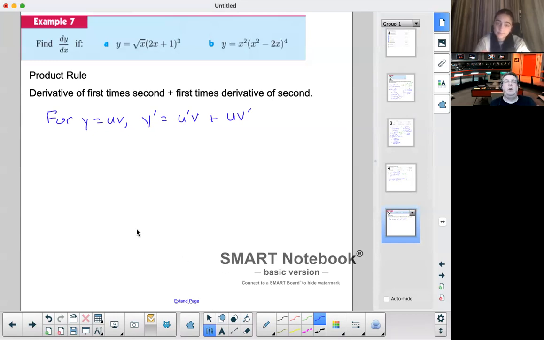Okay. So then for A, we have y equals, let's go ahead and do x to the 1/2 right away, 2x plus 1 cubed. Do you want me to go through it or have you try and do it? I can try, and if it doesn't work, you can go through it. Okay. I won't yell at you or laugh, I promise. I would say u is x to the 1/2, and then v is 2x plus 1 cubed.